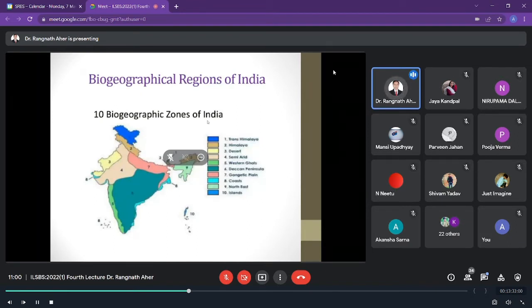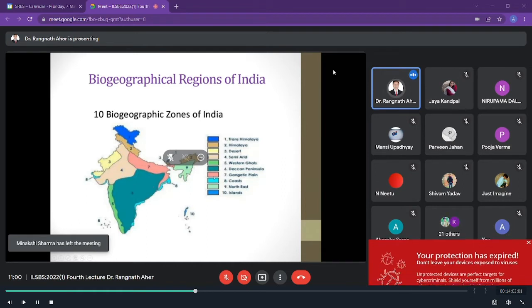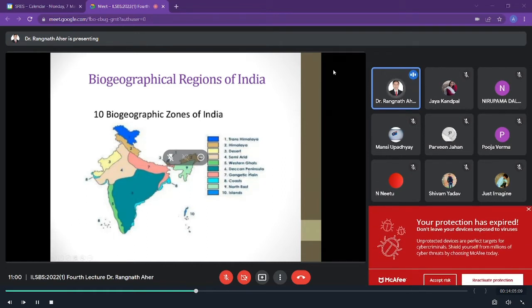These are the geographical regions of India. India has 10 biogeographical zones. First is the Trans-Himalayas. Second is the Himalaya. Third is the desert. Fourth is semi-arid. Fifth is the Western Ghat. Next are the Deccan Plateau, Gangetic Plain, coast, northeast, and islands. Out of them, the sixth, the Deccan Peninsula,